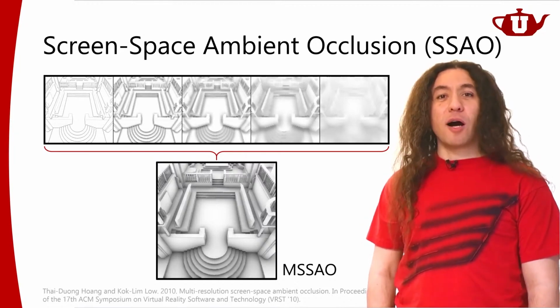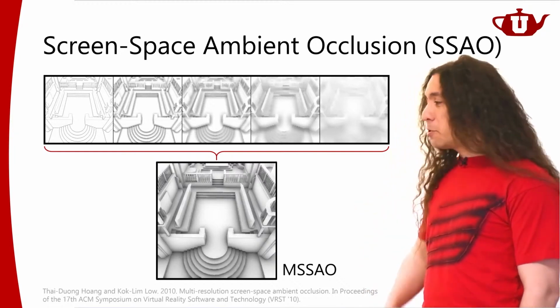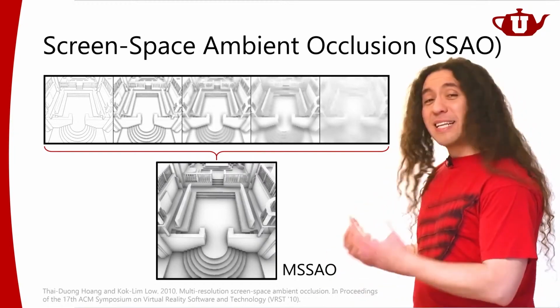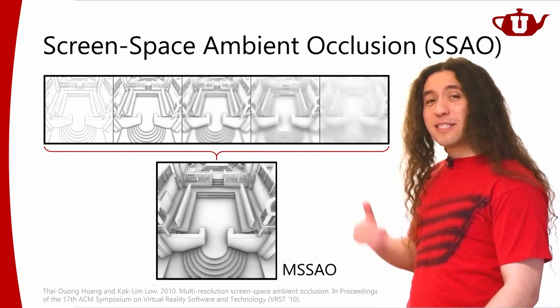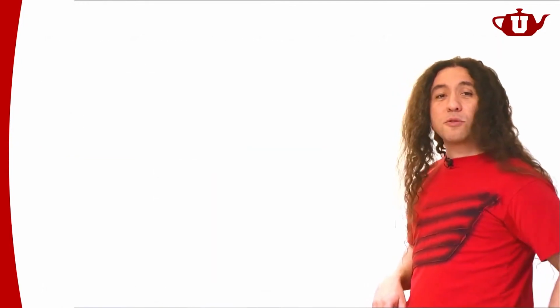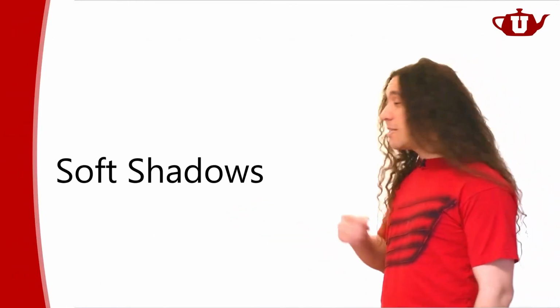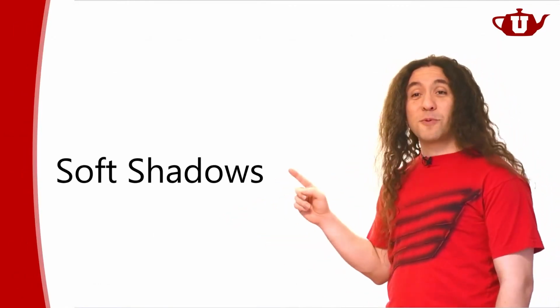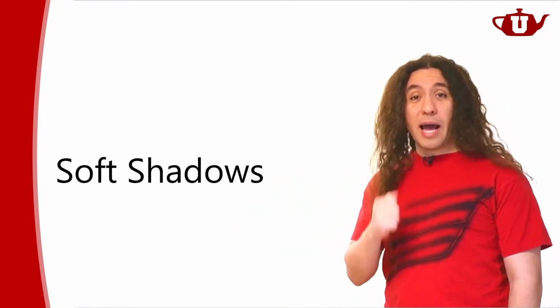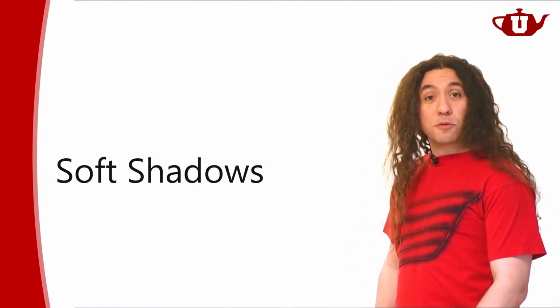Let's move on to our second topic for today. Now, I talked about how to approximate indirect illumination using this ambient occlusion. In the same lines, we're going to talk about how to approximate soft shadows. All right. So let's start with where soft shadows are coming from and how to properly compute them first. Now, soft shadows, what are they?